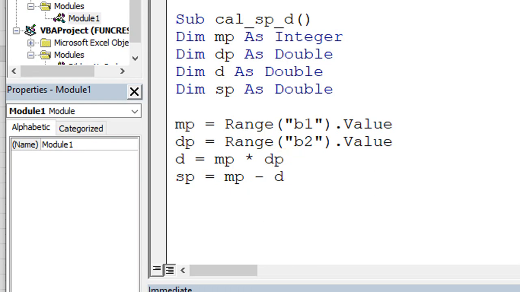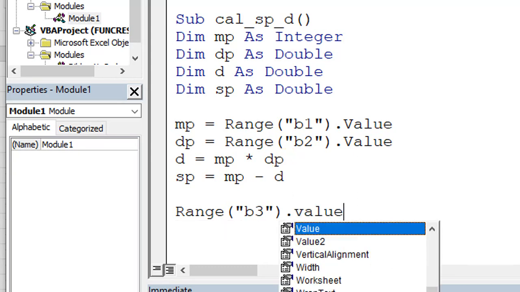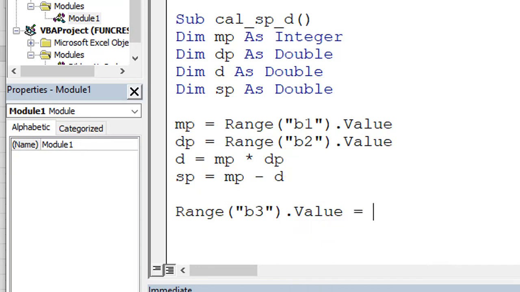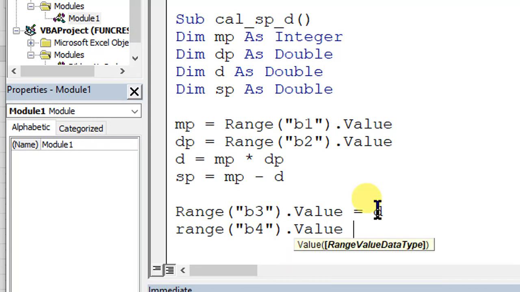Now I have to write these values where I'll write them, in B3 and B4. Range B3 dot Value equals D. Range B4 dot Value equals SP.